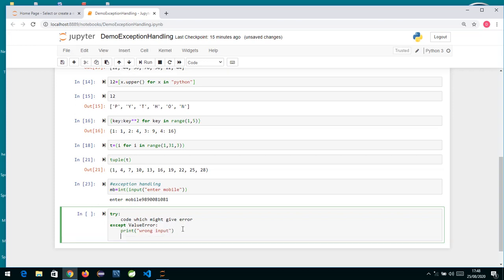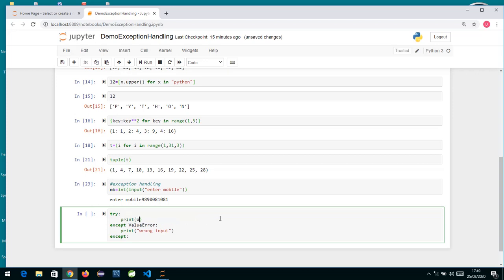If I want to write one more except over here, we can write. If it's a value error, it will come in this except block and execute it. If there is any other exception, leaving value error, like index error or attribute error, or suppose name error. Suppose I try to write some logic over here. Suppose I write print A.